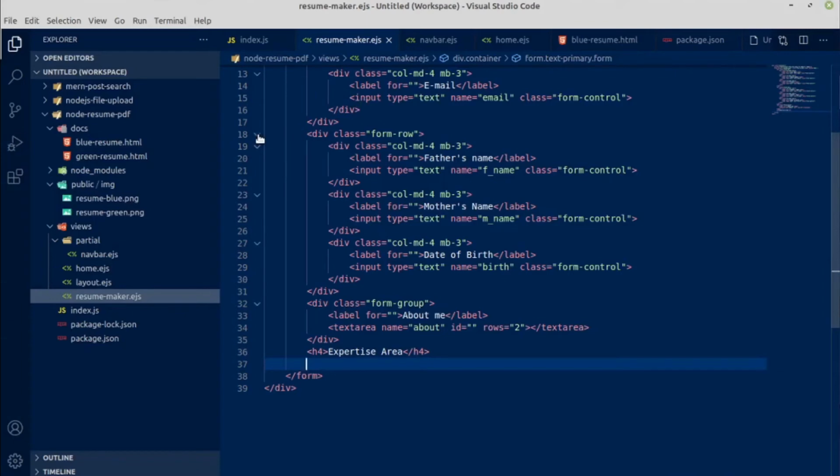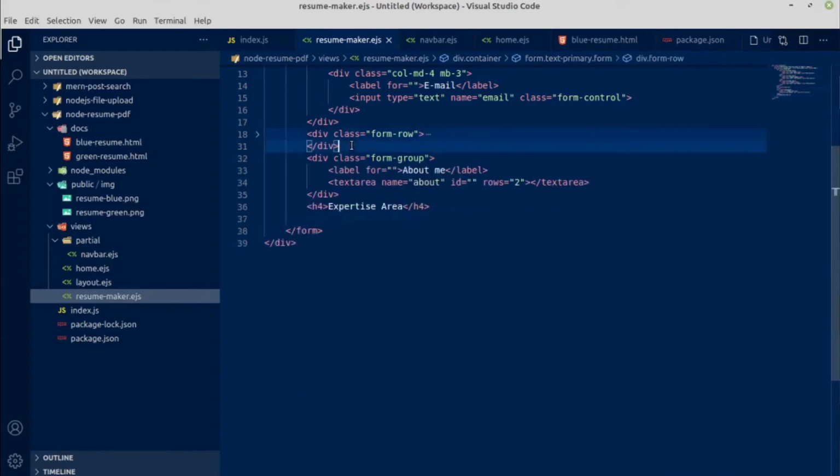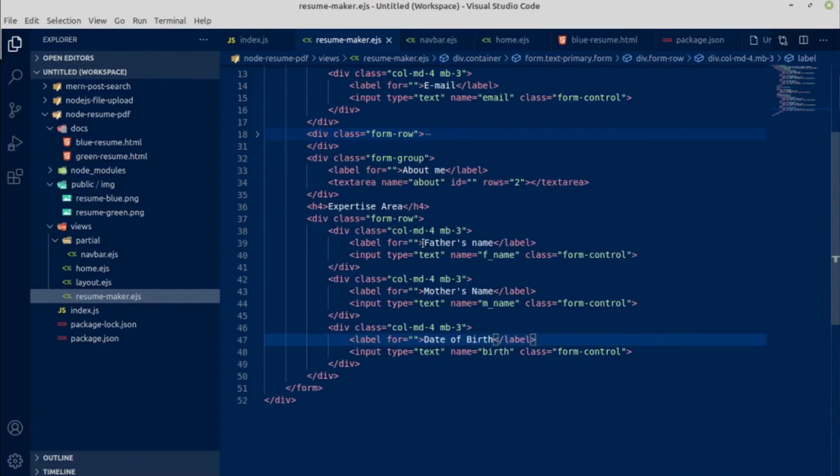So let me copy this form row and paste it below here as well. This is for expertise 1, and this is for expertise 2. Okay, let me change the name attribute.